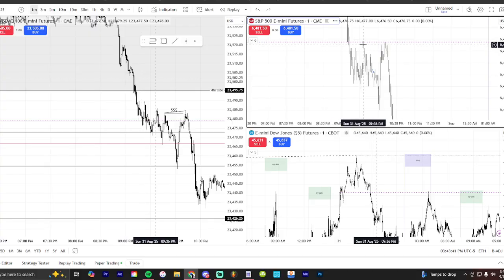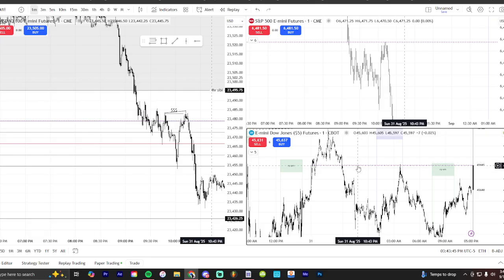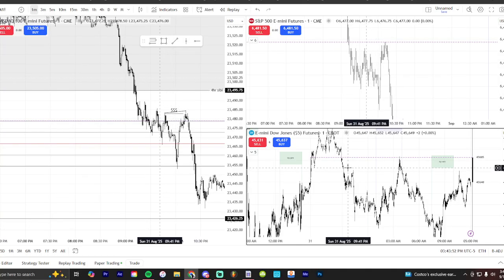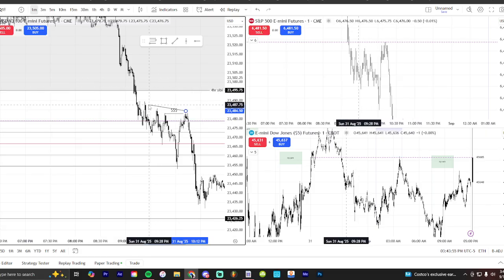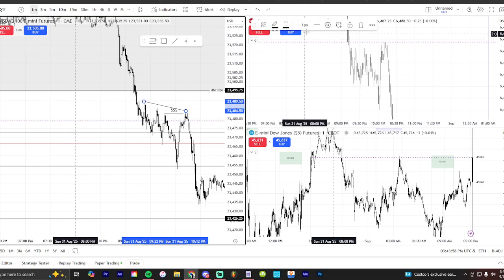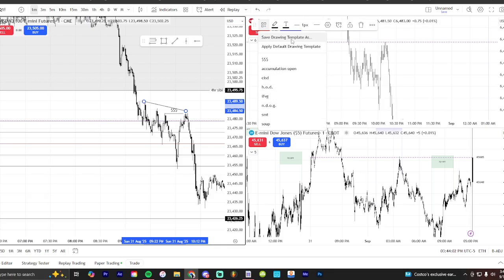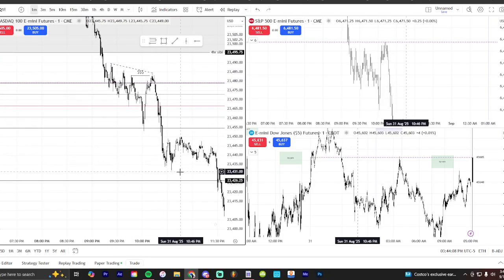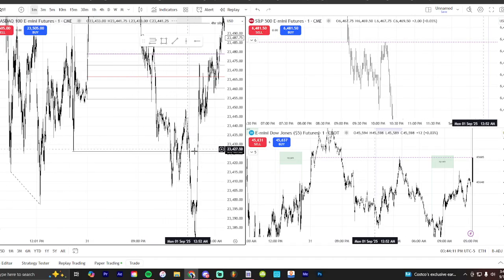If you look, was it YM? Yep, it was YM and ES, I believe. So we form an SMT with the soup. This gives me confidence that we're going to go down to my target. We break lower, and then eventually we get down to my sell side